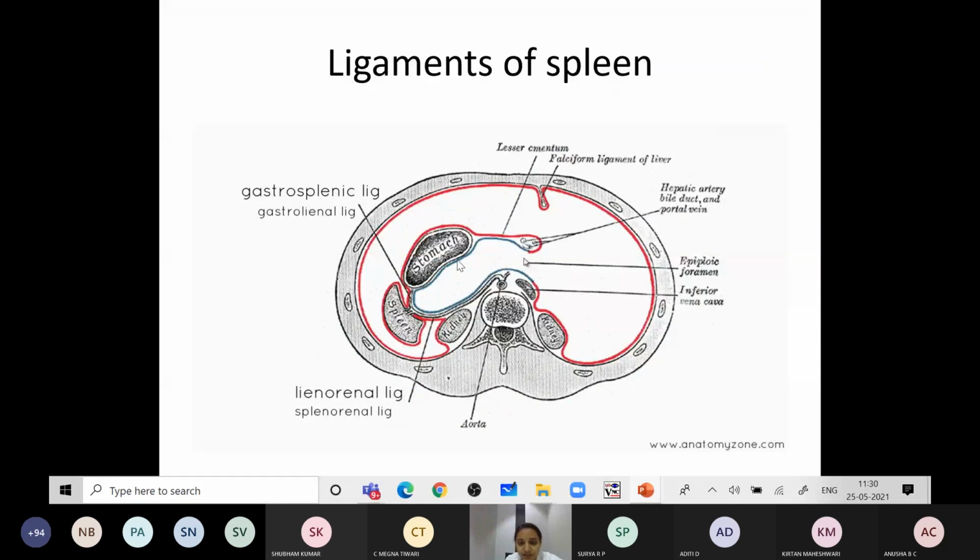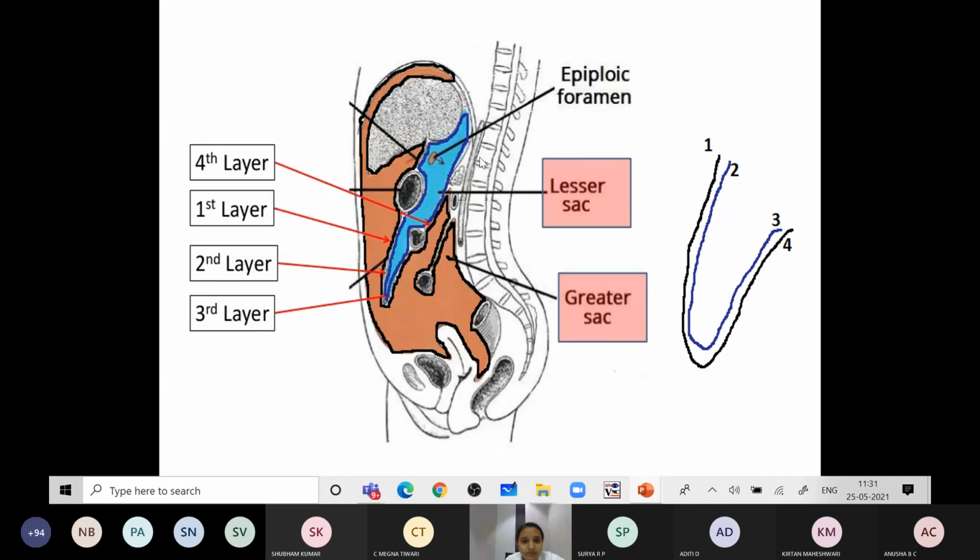Okay, this is all the reflection I have told, from the stomach to the spleen and kidney. Then this is the greater omentum, which has two layers in the anterior part and two layers in the posterior part. This is the first layer, which is the anterior layer of the lesser omentum. This extends downwards for some degree, then it reflects back as the fourth layer. The second layer continues as the third layer. So there remains a space of the lesser sac between the second and third layer of the greater omentum.